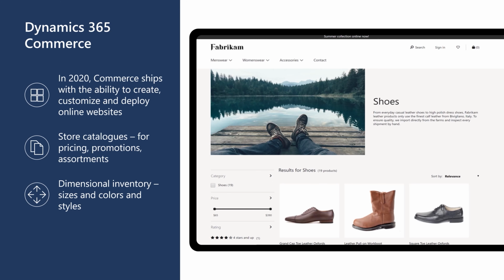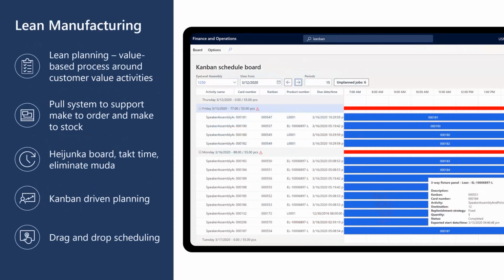Benefits to Dynamics customers include building brand loyalty, increasing revenue through improved employee productivity, optimizing operations to reduce costs, and driving supply chain efficiencies. You can read about how Patagonia and Chateau Saint Michel wineries use Dynamics 365 Commerce at Microsoft.com. Lean manufacturing was introduced in AX 2012 and complemented our AX discrete manufacturing to make it a mixed mode